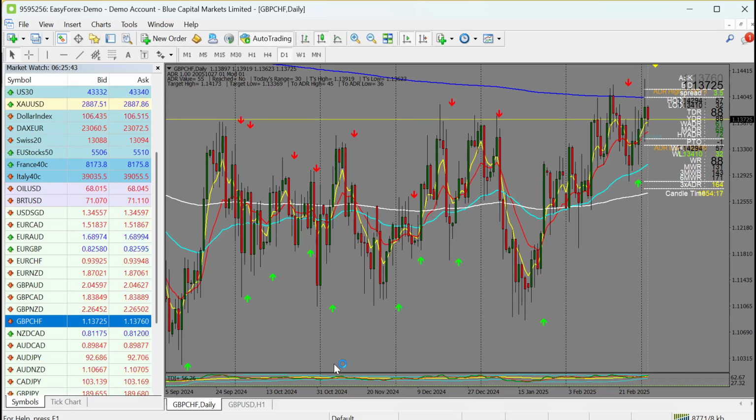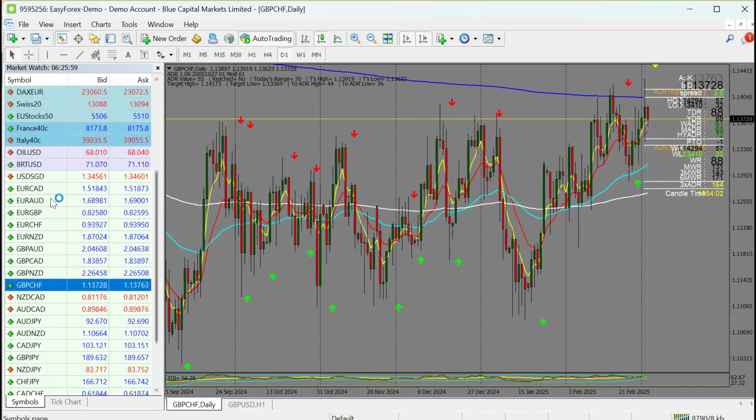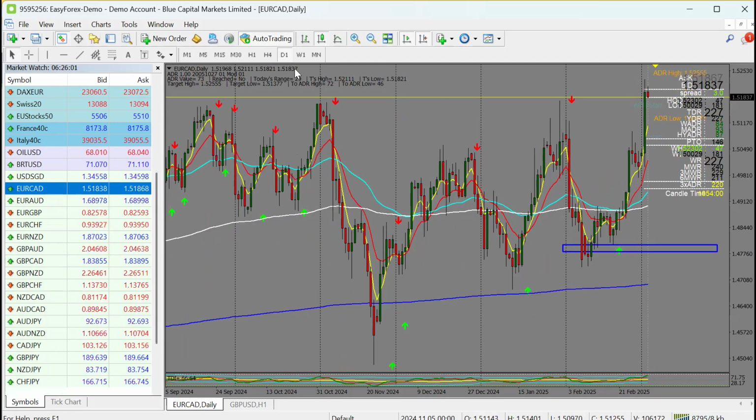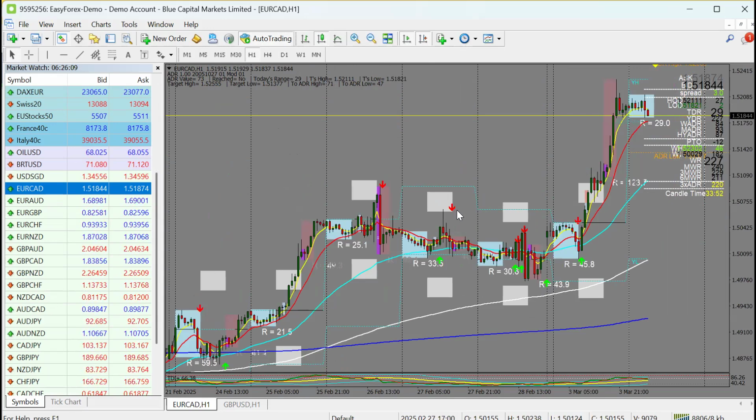Looking at the group 4 currencies, we have the euros. Talking about the euros, we have the Euro CAD. On Euro CAD, you also saw this market came and broke this resistance region. When coming to look at the lower time frame, you saw the market yesterday reacting to that 50 EMA. So we'll be expecting some sort of buy momentum. Still looking for buy opportunities on Euro CAD.